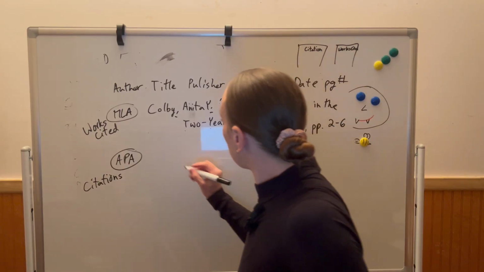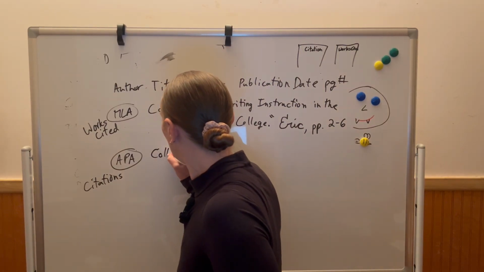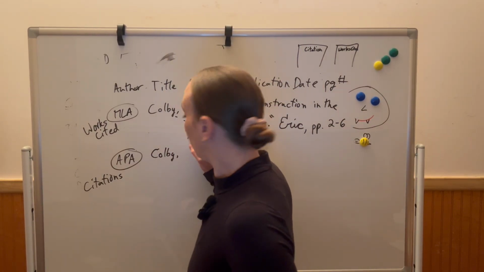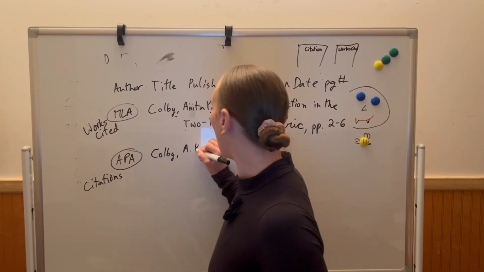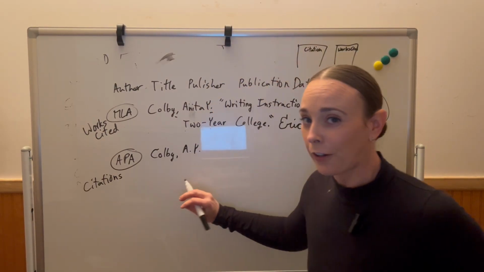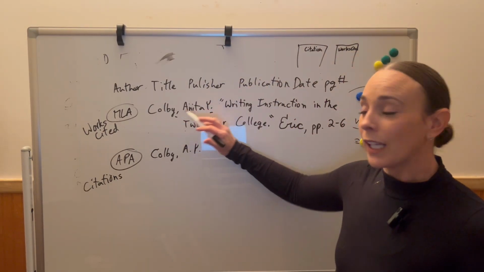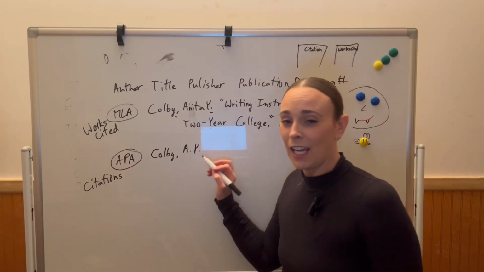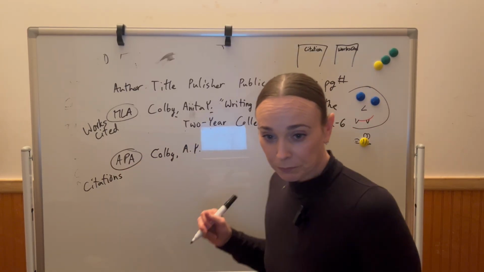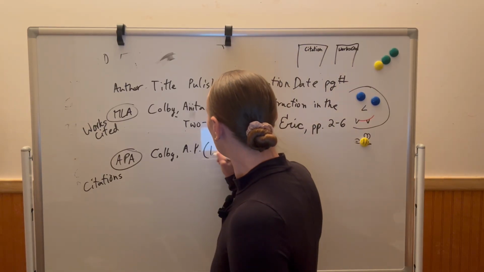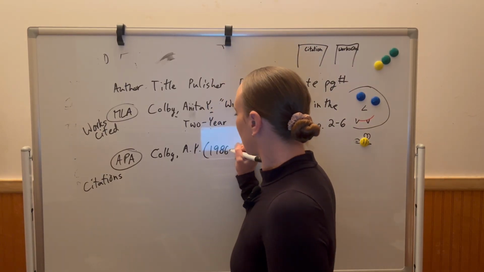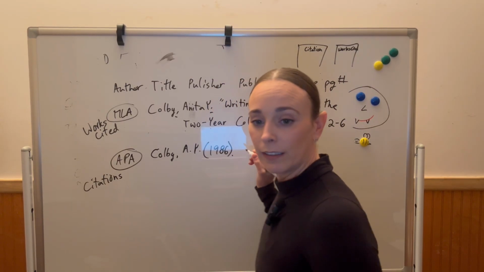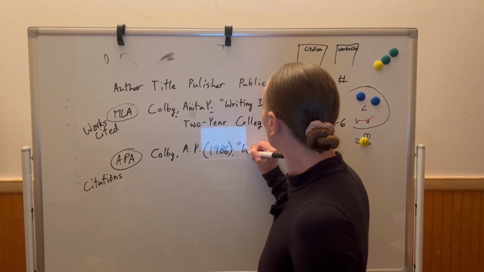All right, so for the APA, it would be Colby, A.Y. So right there, we can already see a difference. With MLA, you would include the author's full first name, whereas in APA, it's only the author's initials. And then we have the year, 1986, period, then the title,